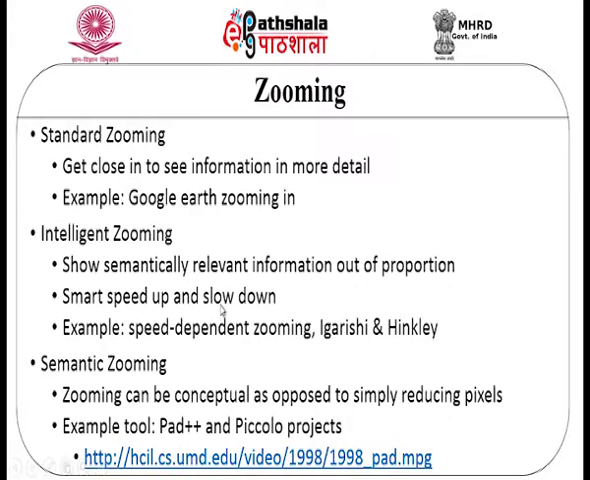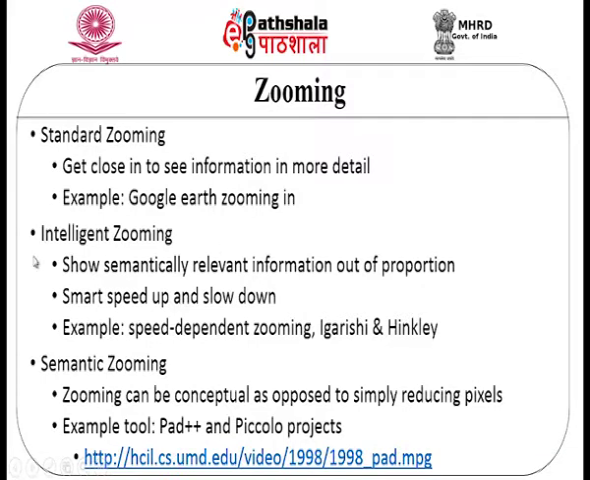So let us first see what zooming is. There are different types of zooming that can be applied over the objects of interest. The first one is standard zooming, wherein we get close in to see the information in more detail. An example is zooming into Google Earth to get a lot of information about some location or some kind of traffic that exists in a